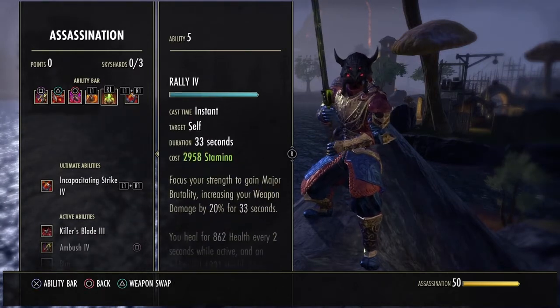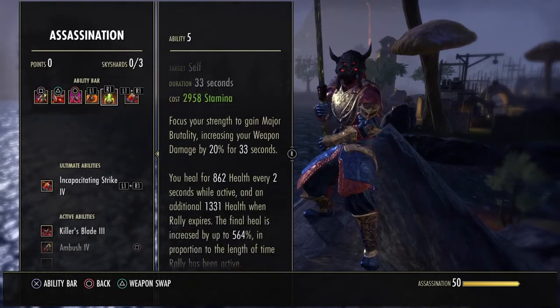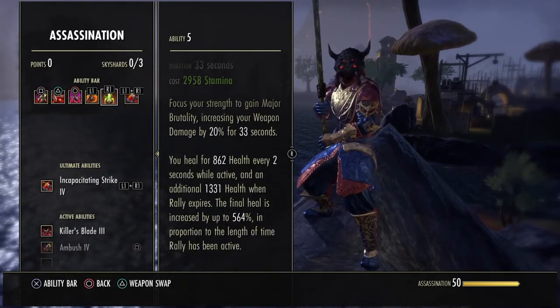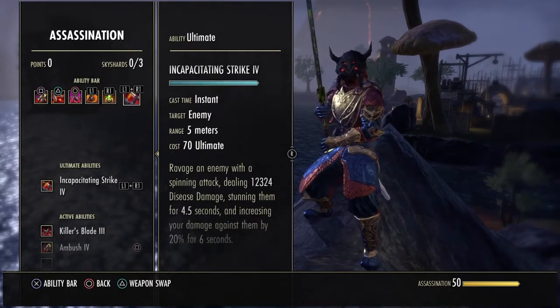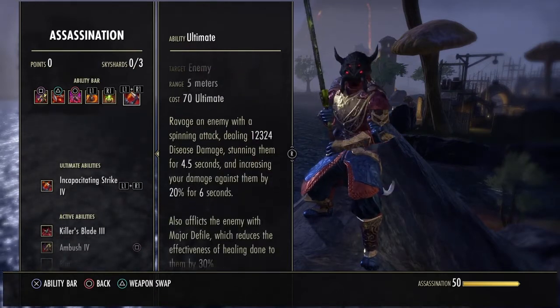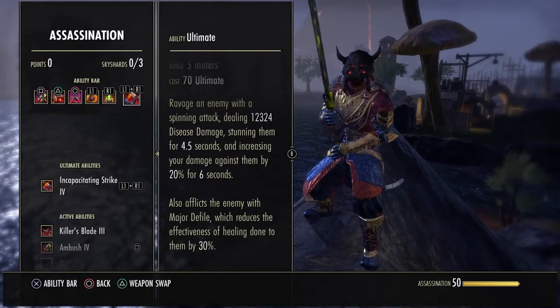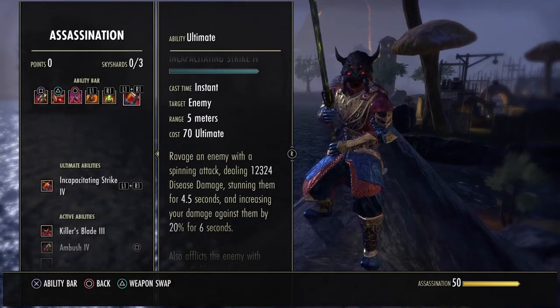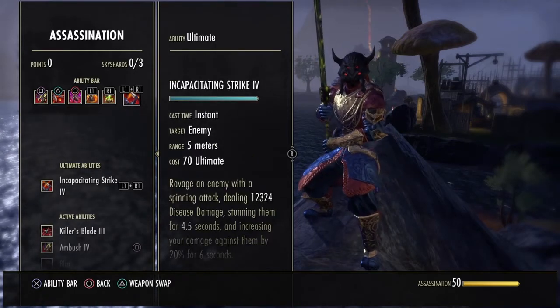Rally is our main buff. It's going to give us healing over time, as well as a burst heal, and give us Major Brutality for 20% extra weapon damage. Incapacitating Strike, very cheap, very hard hitting. It stuns, applies Major Defile, which reduces their healing done. It's just freaking OP. Every Stamina Nightblade should use this, unless you're running in a small group or a